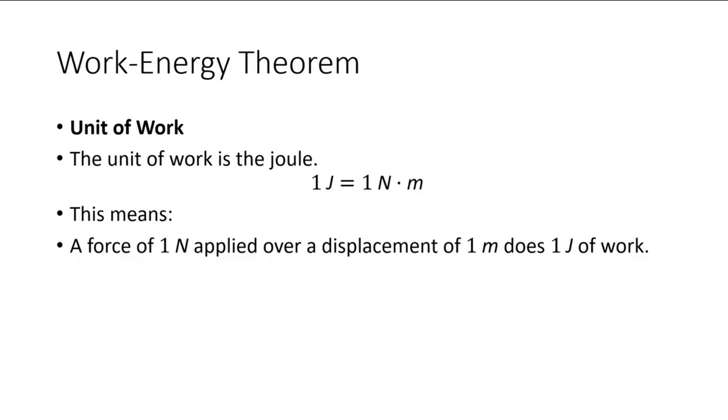Okay? Now, for the unit of your work, 1 joule is equal to 1 newton meter. This means that 1 joule of work is done when a force of 1 newton causes a displacement of 1 meter in the direction of the force. So whenever we calculate the work, the final unit should be in joules. This also explains why the area under the force position graph has units of joules, because force is measured in newtons and the position or the displacement is measured in meters.